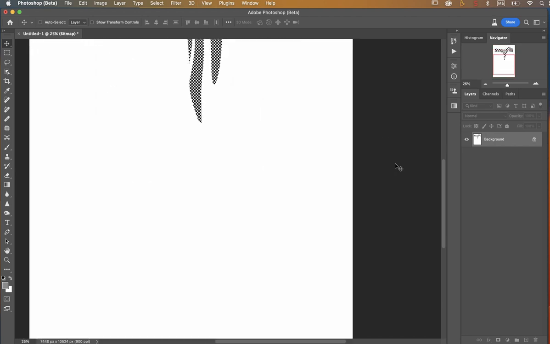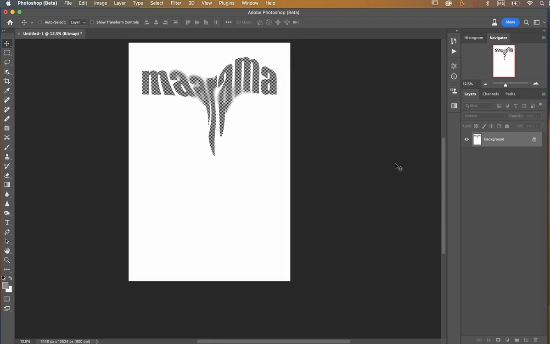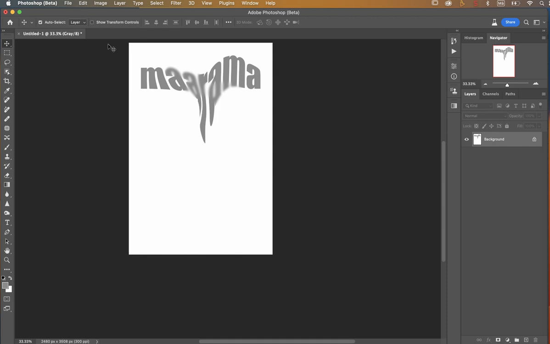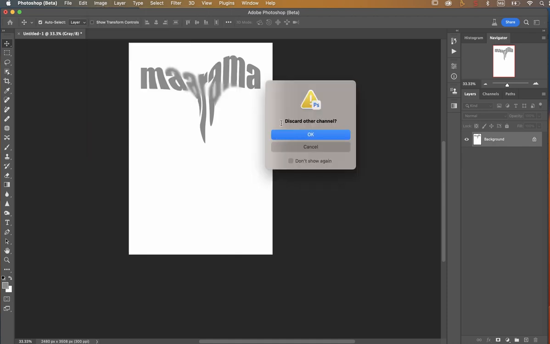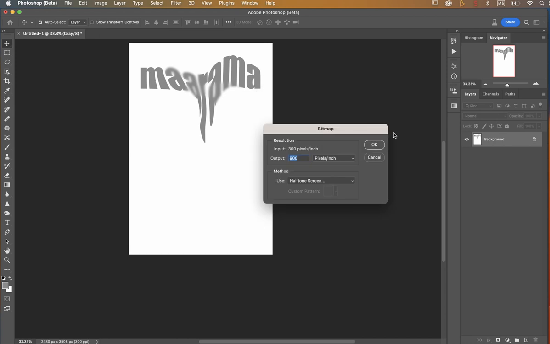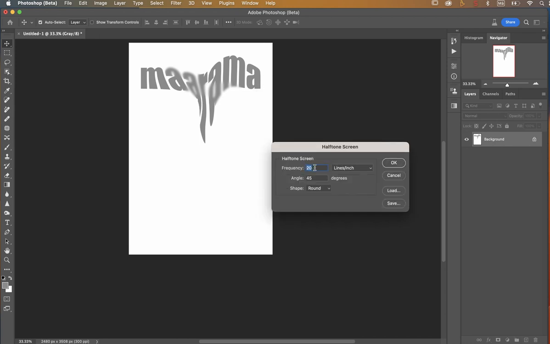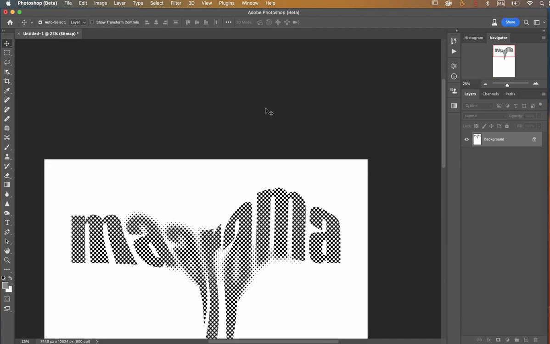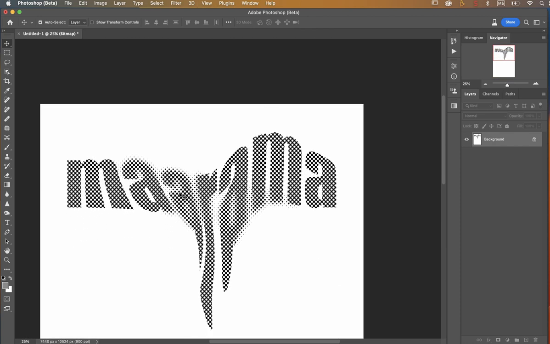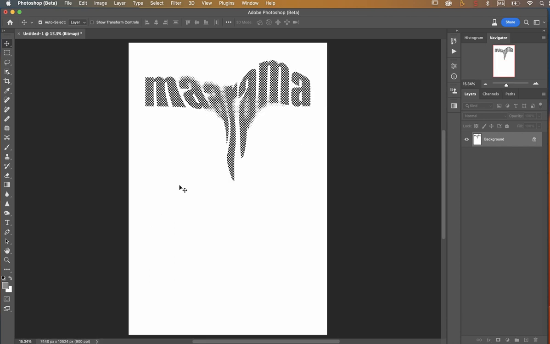You can see the size of the dots. If I go Command Z, I can start that process again. Mode, Bitmap. Okay, everything will be set. I'll go OK. This time instead of 20, I'll put it on 5 and you'll see the size of the dots change. Okay. They're actually a bit bigger now, so it's quite nice through there. So with that,